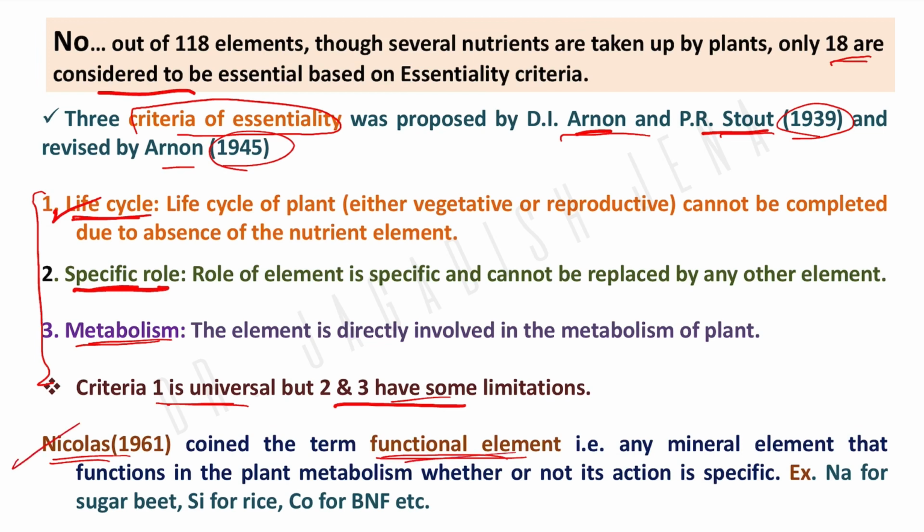Nicholas proposed functional nutrient, and some functional nutrient examples are sodium for sugar beet, silicon for rice, cobalt for biological nitrogen fixation. So they are having specific roles, but they are not essential nutrients. Okay,